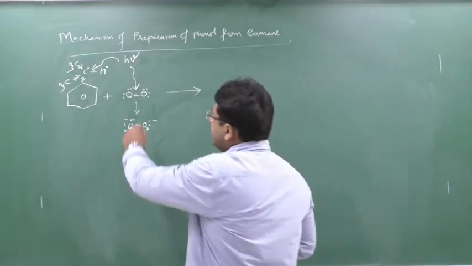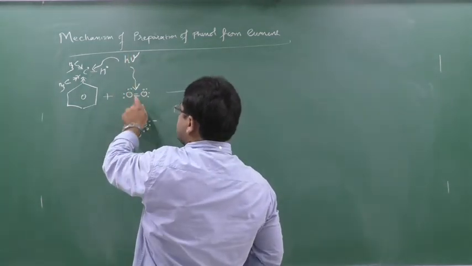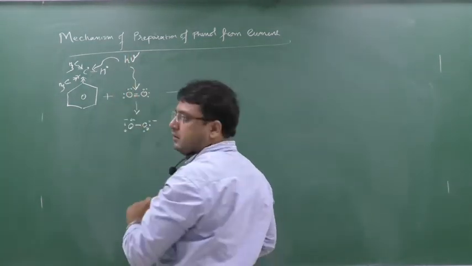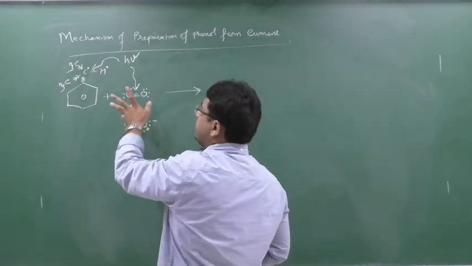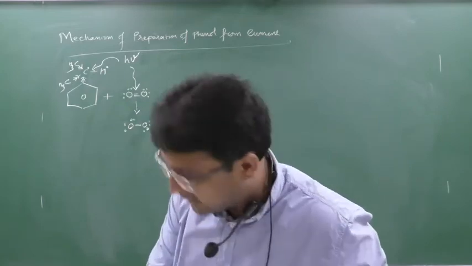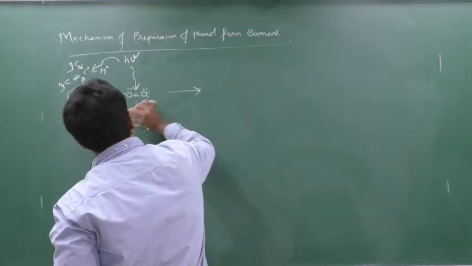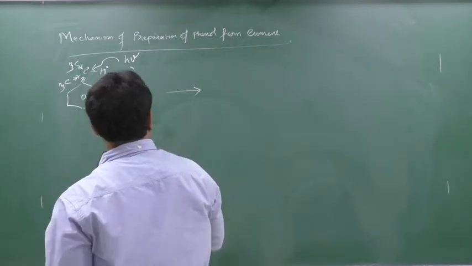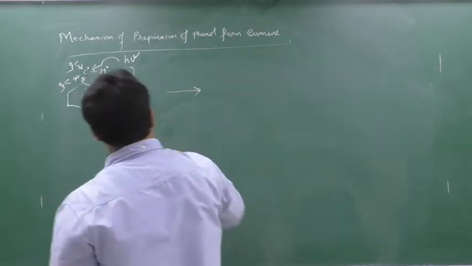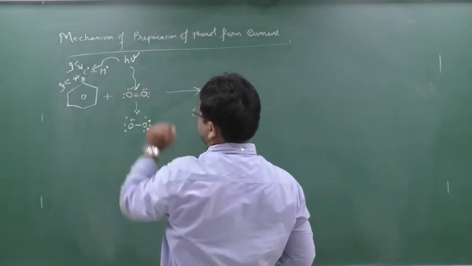See, when the sunlight falls on this, this double bond, this pi bond will get broken. When this pi bond breaks, how many electrons will come out? 2 electrons will come out. So we'll see with the free radical mechanism. There were 2 lone pairs here. Now I am showing this blue color is an electron which is obtained through the free radical. This blue dot shows the electron which is obtained during the cleavage of this double bond.